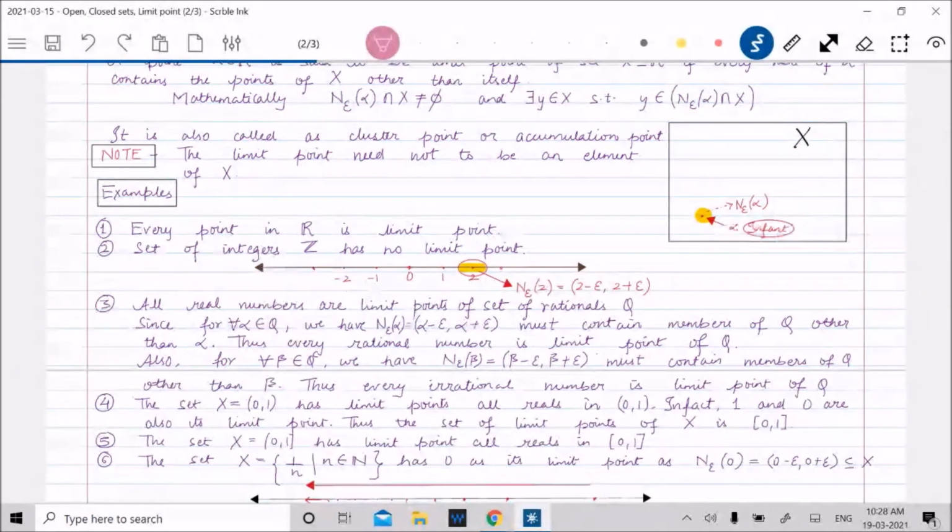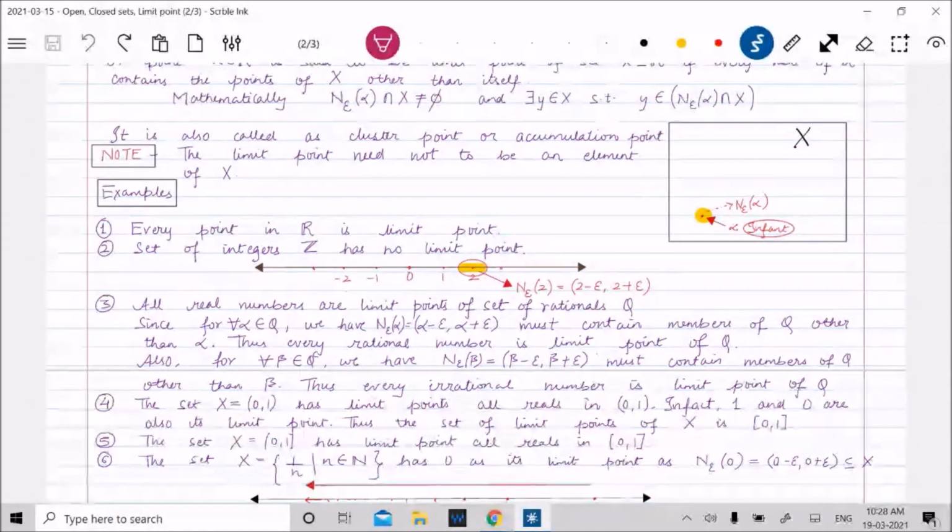This is the beauty about real numbers. No matter how small you choose that interval, there will always be an infinite number of points. So every real number inside this set will be a limit point. But think about the boundary number 1. Please note that 1 is not a member of this set X. If you draw a neighborhood of 1, that is 1 minus epsilon to 1 plus epsilon, then you will see that the left neighborhood,